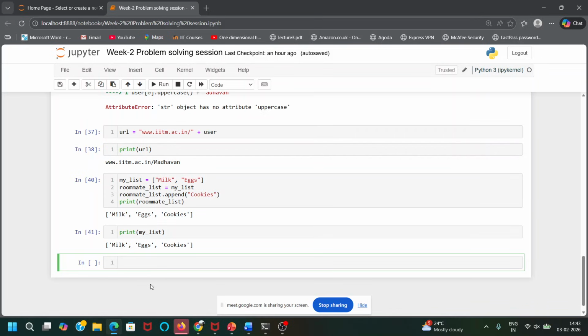I am not copying milk eggs and storing it in another box. I am using a different name to identify the same box. So if I change something in that box, it will reflect in both the names. Their memory location will be the same. When you copy, it will not create another memory location.